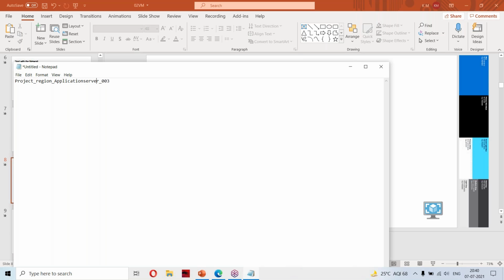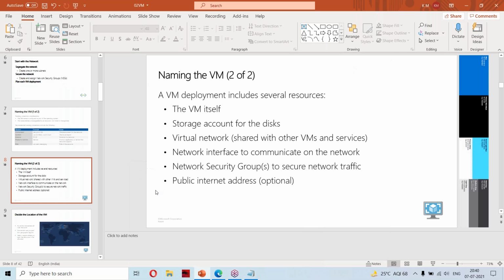Or if you have multiple applications, I can put something like Tomcat application server 003, so that we can easily recognize which project it belongs to and where this application is being deployed. If you follow a naming convention like that, it will be very easy to identify the node.